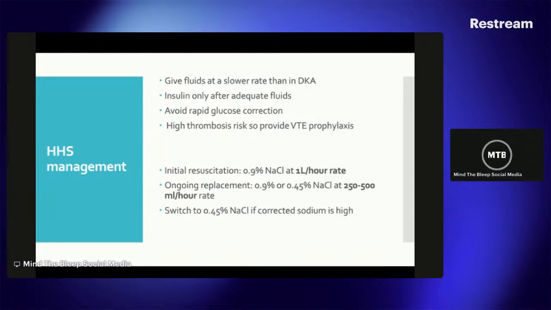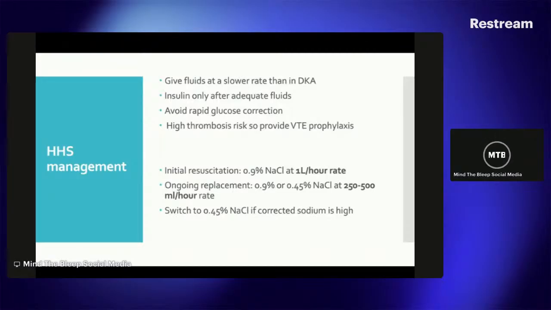at the correct rate. The reason why I will emphasize that glucose levels have to be gradually decreased is because if they rapidly drop, it can cause a sudden drop in the serum osmolality. And this is before the brain can adapt to this change. That leads to water shifting into the brain cells and risks cerebral edema. Although it's uncommon in adults, it can be life-threatening, and the patient could present with headache, confusion, reduced